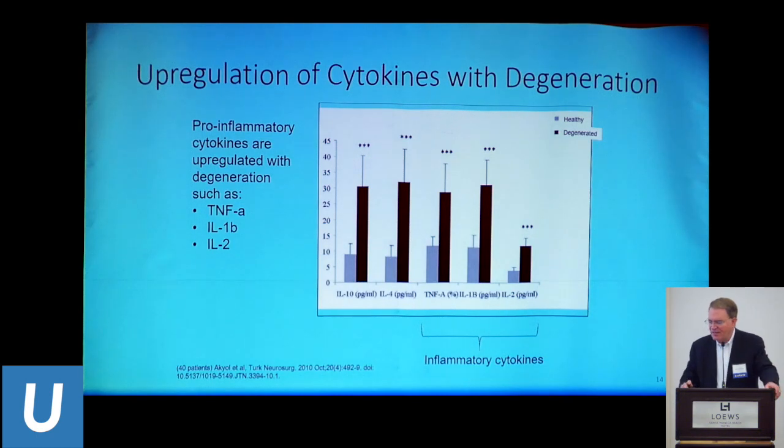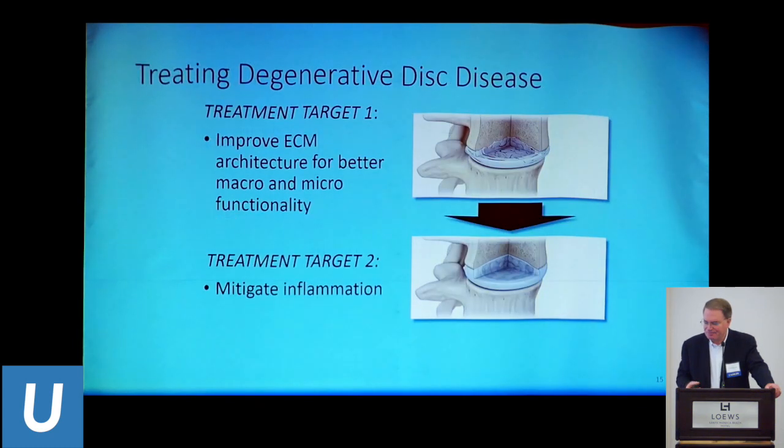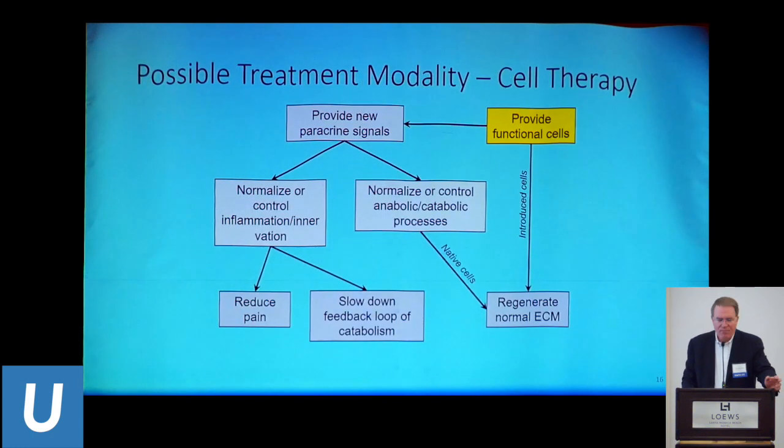So these are some of the cytokines that are upregulated in an inflamed disc. And so another potential target to treat this problem is to target the inflammation that we know is present in the painful disc. We all use anti-inflammatories, sometimes steroids. We know that intradiscal steroids really don't work well for this process, but we need something better to treat that chronic inflammation. So one possible way to attack this problem is through cell therapy,